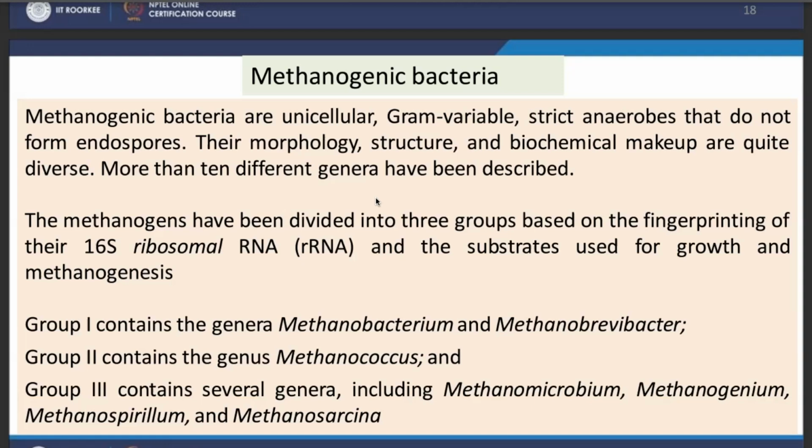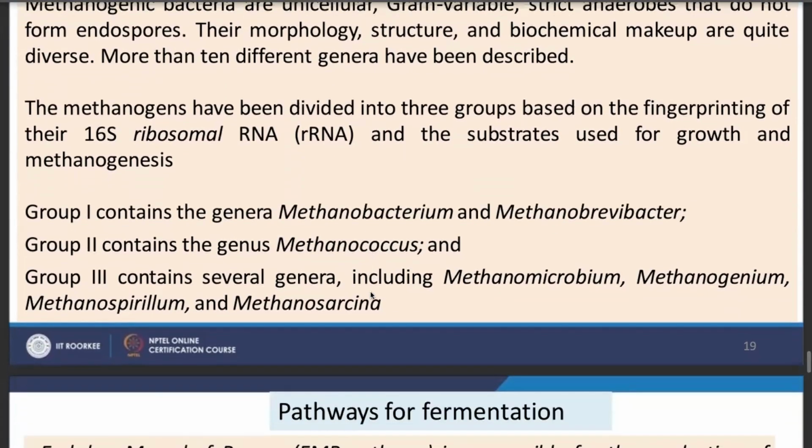This type of RNA is highly conserved. So, if an organism belongs to one particular class of classification, more or less they have the same or similar 16S rRNA signature. Hence, we can classify microbes based on their 16S rRNA fingerprint, right? So, apart from the 10 different genera, here we are discussing three groups which are in general